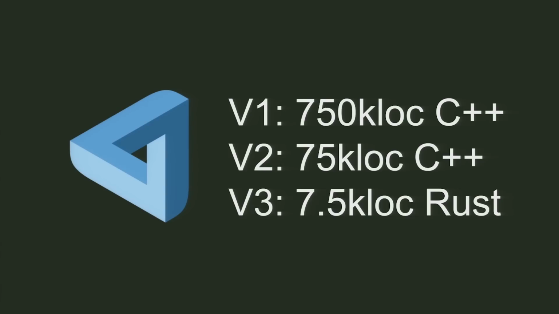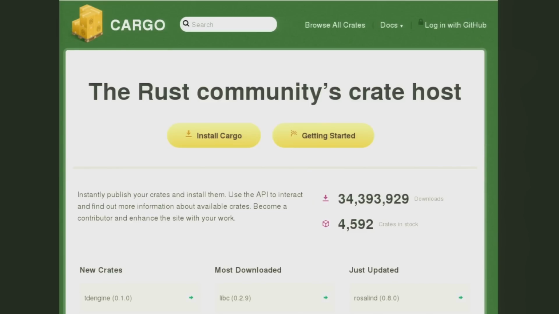But I think that also part of the reason why you get this 7,500 line number is also significant. And the reason why is cargo. One of the things that I did not tell you about Rust yet is that we have a package manager / build system thing called cargo. And Rust packages are called crates, so you use cargo to ship your crates between people. Like, cutesy. I don't know, I like it. It's got a very blue collar, dock worker feel to it.